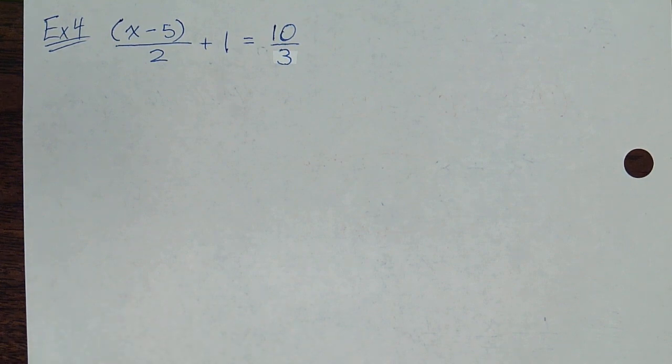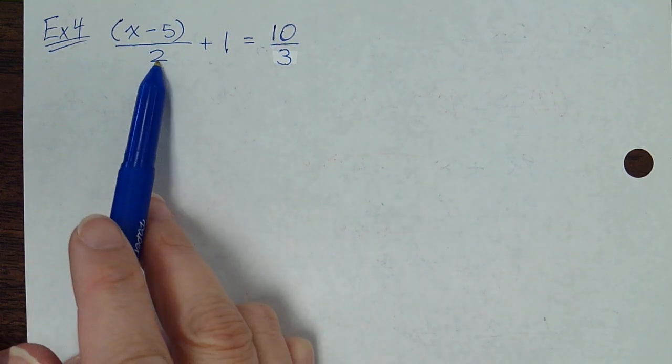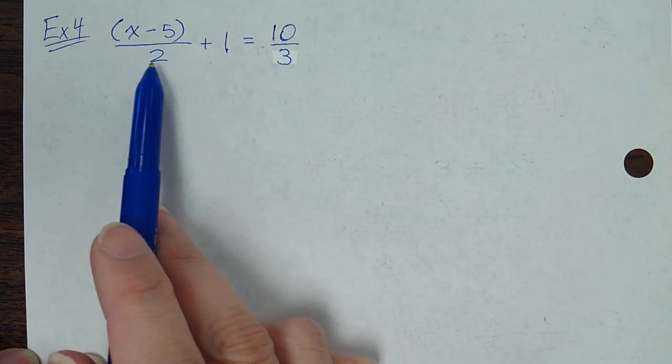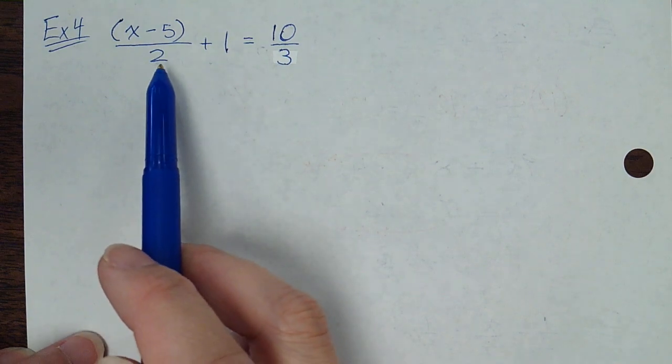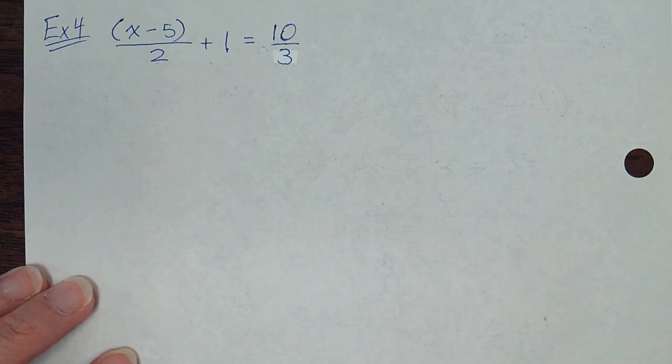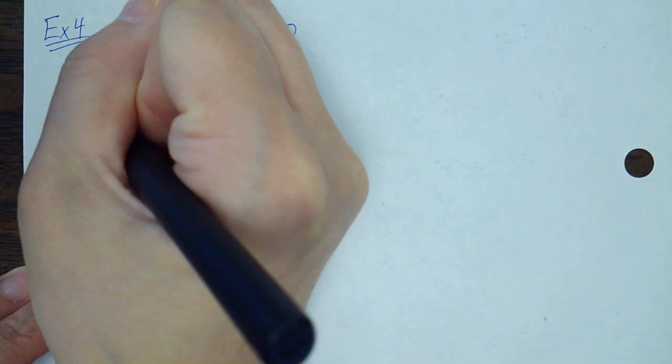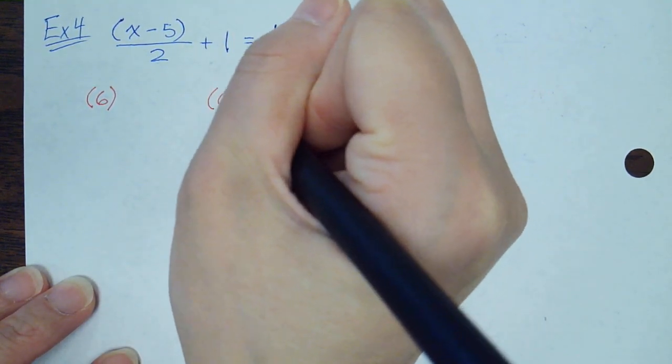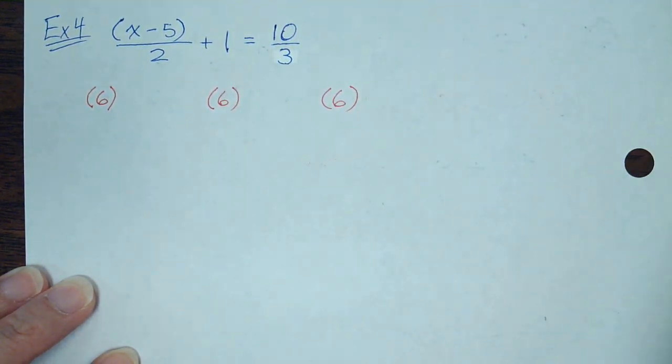Okay, so Superior, what's my first step? Because you asked the question earlier. By the lowest common denominator, in this case, it is going to be, okay, between 2 and 3, 6, right? Okay. So I'm going to multiply everything by 6. Multiply everything by 6, multiply everything by 6. Right, so